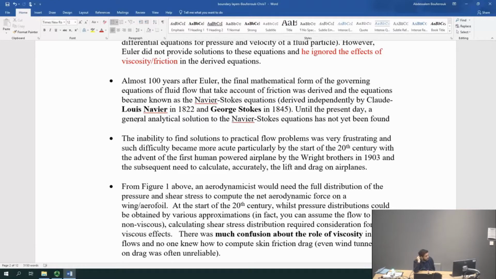Someone in England, George Stokes, developed the same equations. That's why they call them the Navier-Stokes equations. And they have viscosity in them, all right? So now, this is the first time there is a system of equations with viscosity effects included that describes the